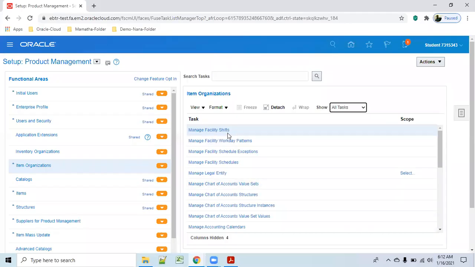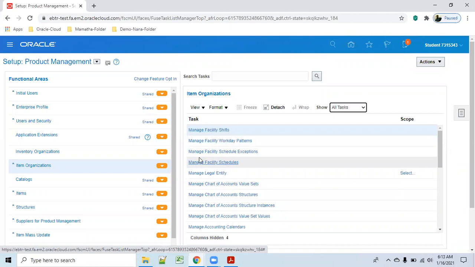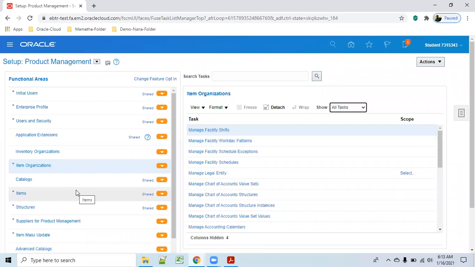Then all these three things together, we are going to merge in the schedules. So once you have the schedules, then in the inventory, what all is mandatory in the inventory setup? Business unit, legal entity, ledger, location, schedule operations, and then item definition, item master creation. So these four or five steps are mandatory to make an inventory organization.